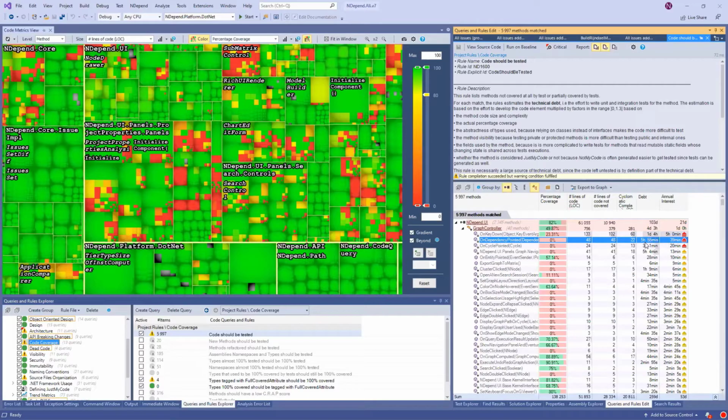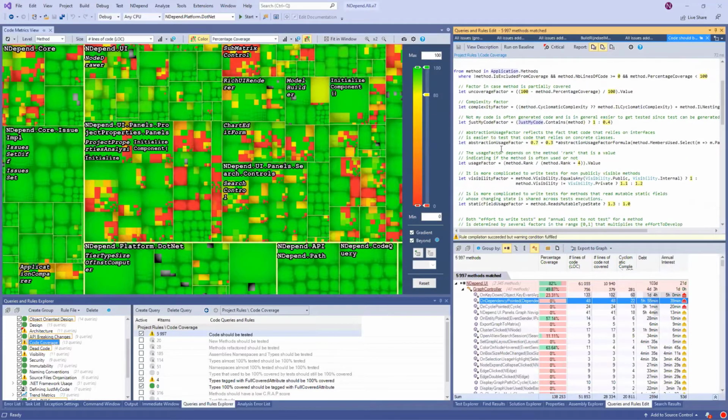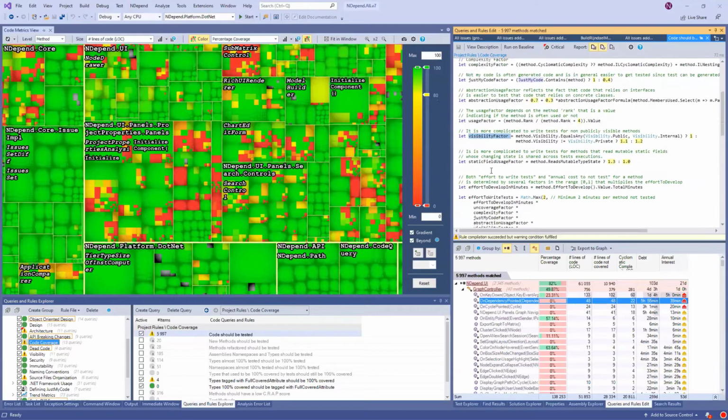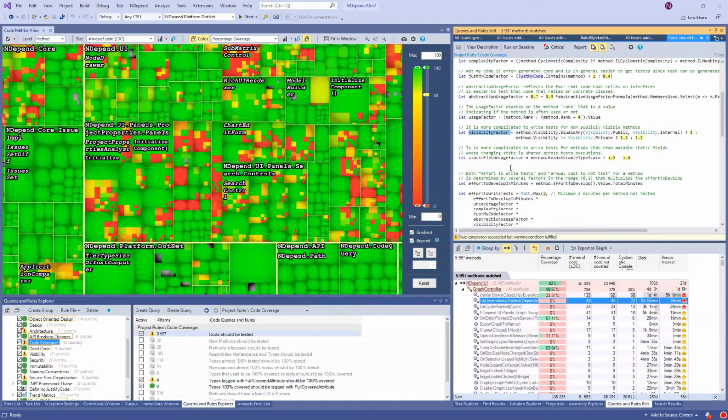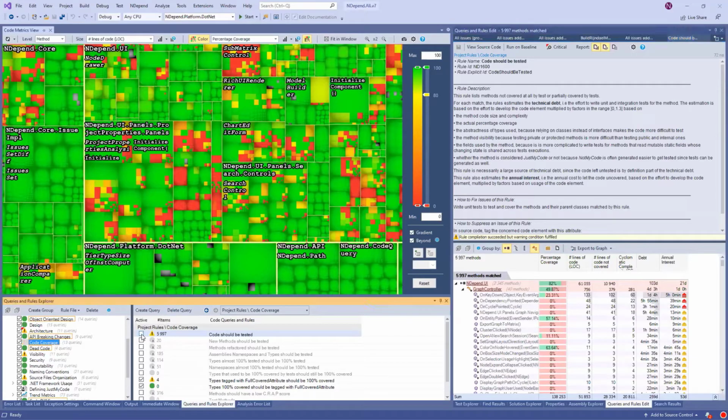Because the more complex a method is, of course, the more tests you will have to write, or maybe you will have to introduce some interfaces to mock some features. So it's quite complex, and NDepend is gathering everything it can from the method. You see the abstraction usage, the JustMyCode factor, complexity, visibility, because if it's not public, it's hard to test. So it's trying to gather a lot of information. It's trying to estimate the technical debt. And this is the technical debt side of NDepend that I didn't introduce yet.